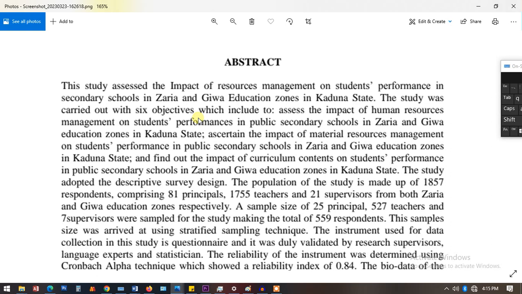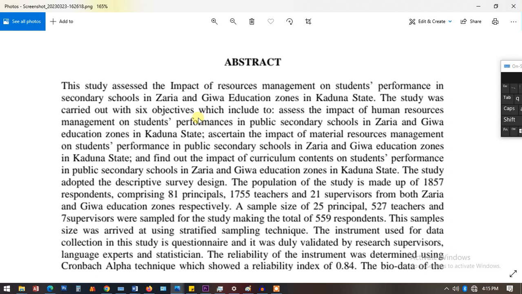In Imam's project, he states the objectives, but some people think you can go ahead and state that 6 objectives were used, not necessarily putting the objective, but in his own case he put the objective, so you can mention the objectives you use,